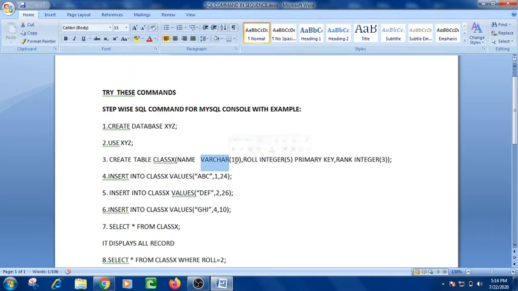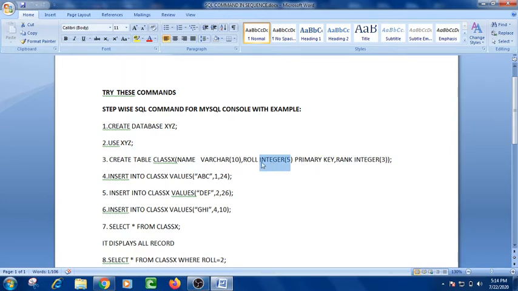What does it mean? It is not going to accept more than 10 characters. The second one is roll. Roll is the field for entering the roll number of the students, and the data type is integer. Integer means it is going to accept only numeric values.